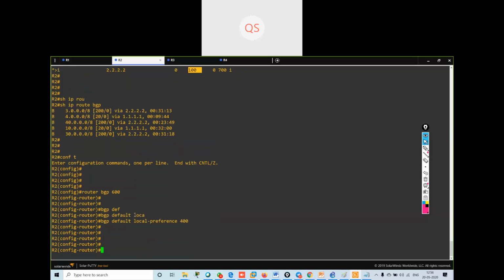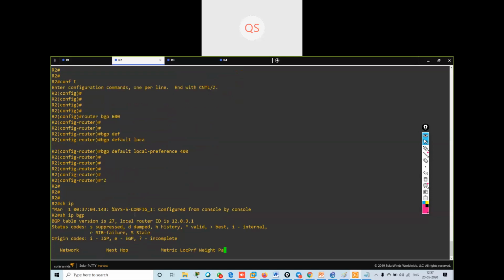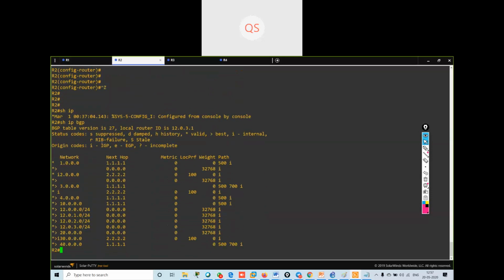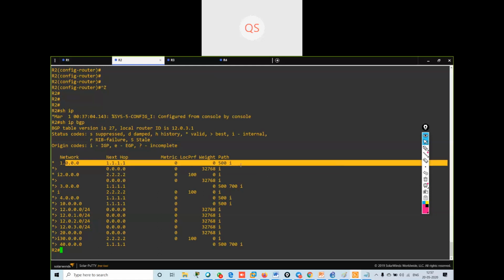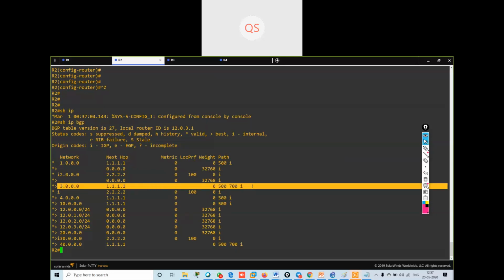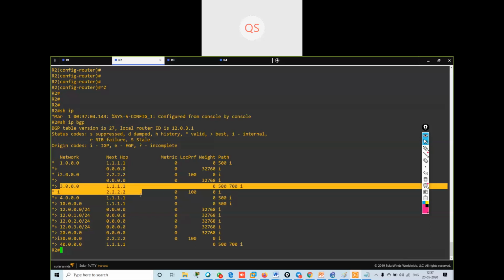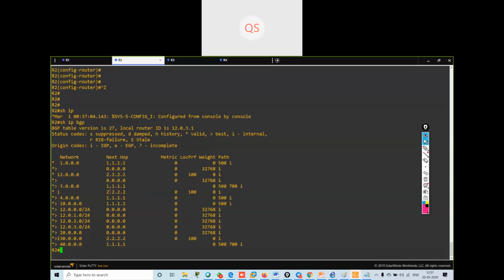Now if I verify show IP BGP, 1.network is my directly connected, 2.network is my directly connected, 3.network is my directly connected, 3 dot is not my directly connected.